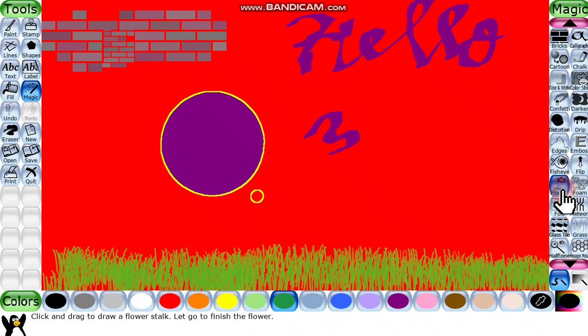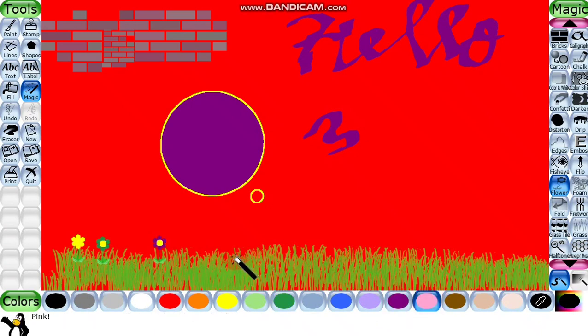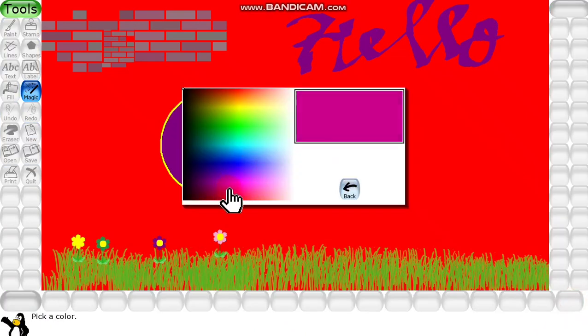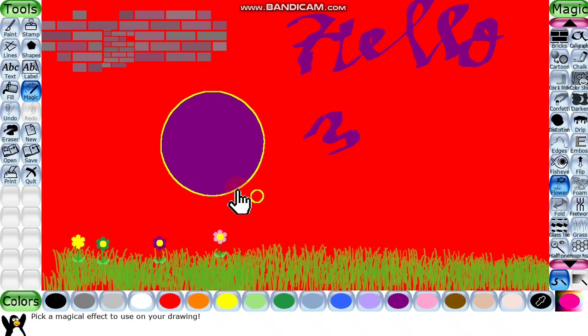Now we will go for flower. Choose the flower effect. Go for the color, like just let us take yellow color. Click. So yellow color flower is there. Green color flower. Whichever color flower you want to make, you can make it. Or if you want to choose some different color, so you can go here also, and you can choose color of your choice. Like I am making here pink color, so pink color is here. So now I will be making flowers with pink color, है ना.